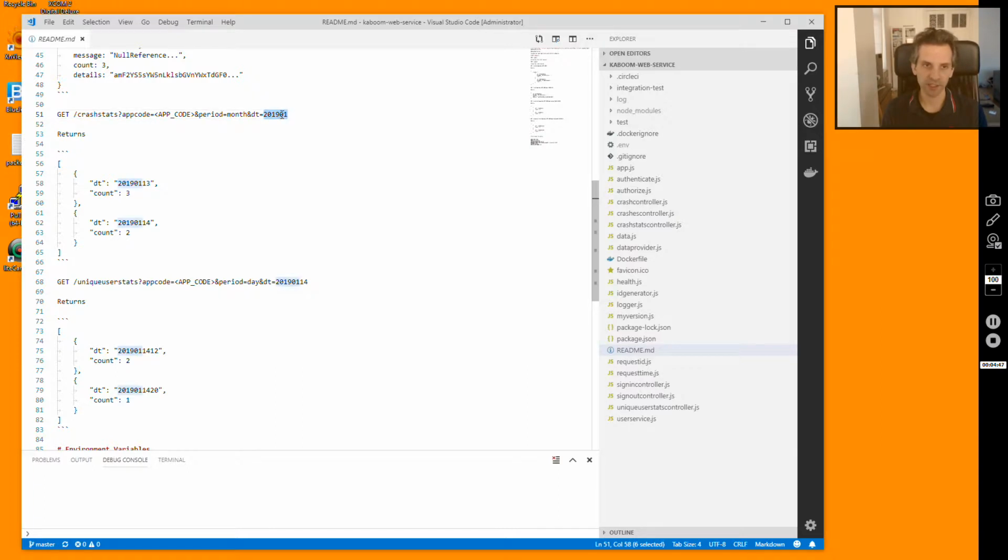In the case of month, it's a 6-digit value where the first 4 digits identify the year, and then 1 would stand for January. And if you're requesting the statistics for a day, then you use a similar format, but you would have an 8-digit code, where the first 4 digits are for the year, then 2 digits for the month, and 2 digits for the day. So in this case, we're requesting statistics for the 14th of January of